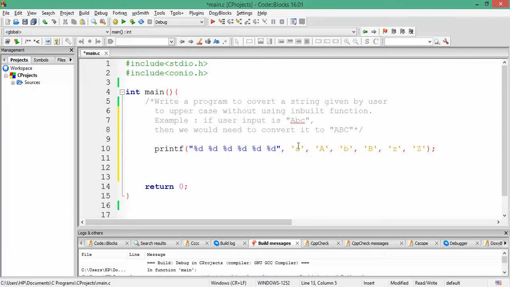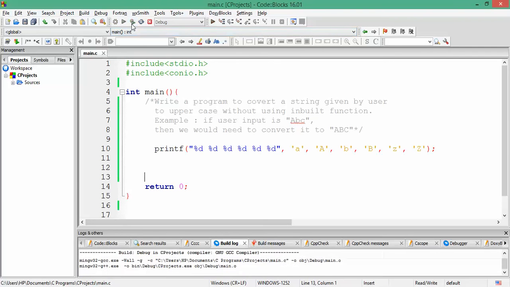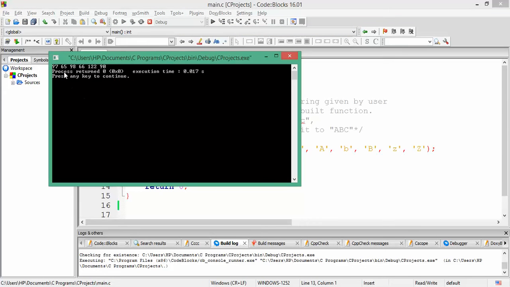The small a is a character, so it would first get converted to its integer form, that is whatever its ASCII value is, and that would be printed in place of this first percent. Similarly, capital A's ASCII value would be printed in place of the second percent. So let us run it and see.